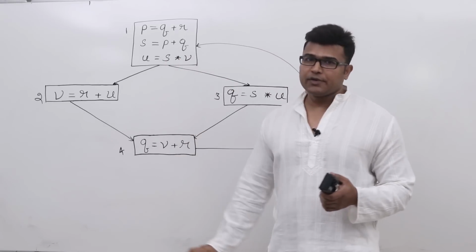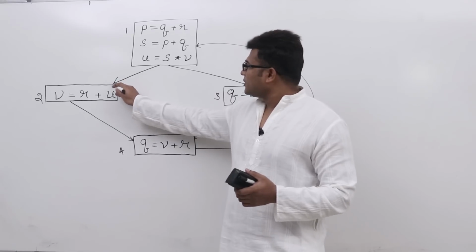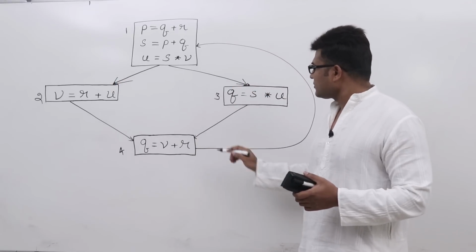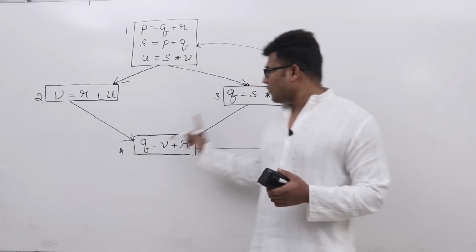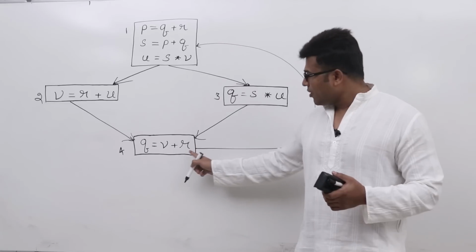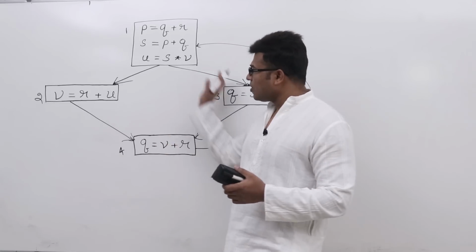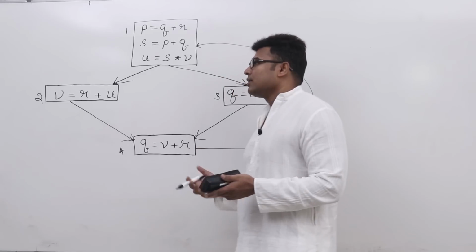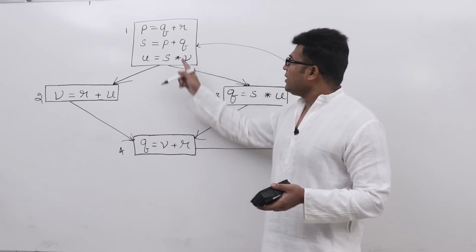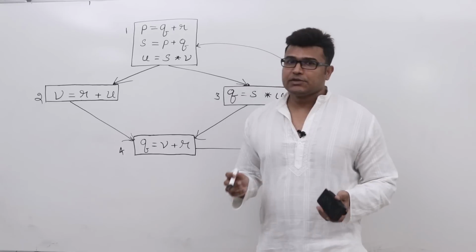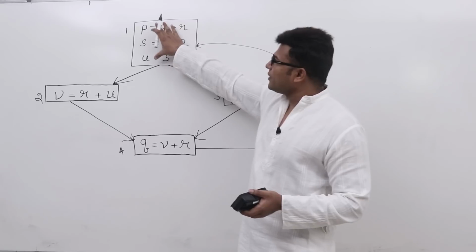Those conditions are not given. After this statement control will go here, after this statement control will go here, and after this statement control is going to basic block 1. They have given 4 basic blocks, and luckily in 3 of the basic blocks there is only 1 statement, and in the first basic block there are 3 statements. Now they didn't ask any question on basic block number 1.